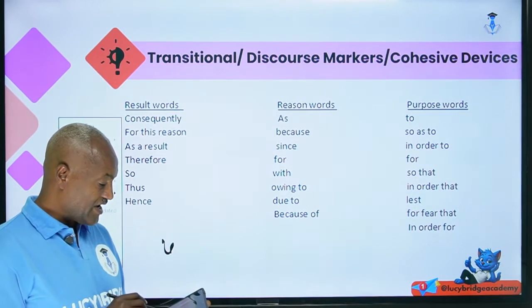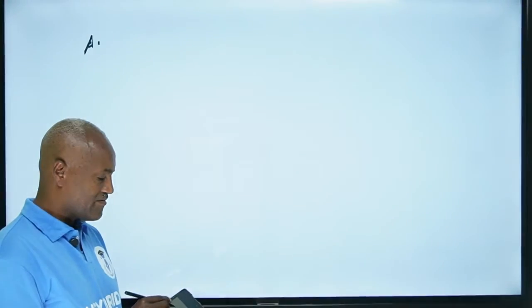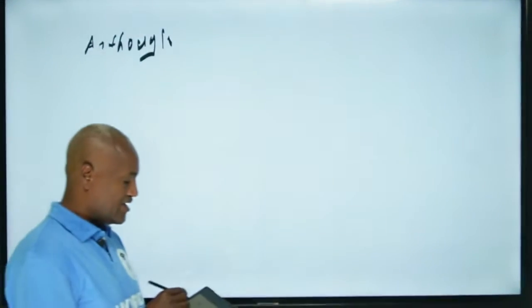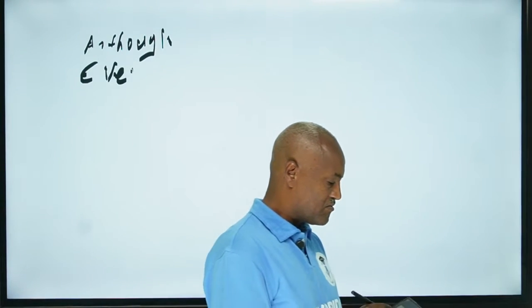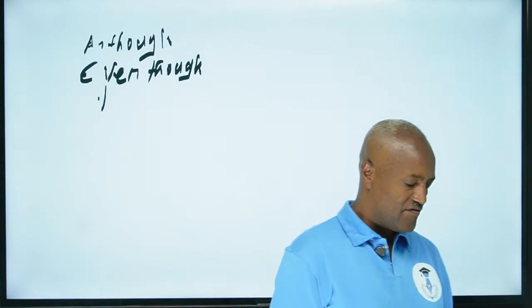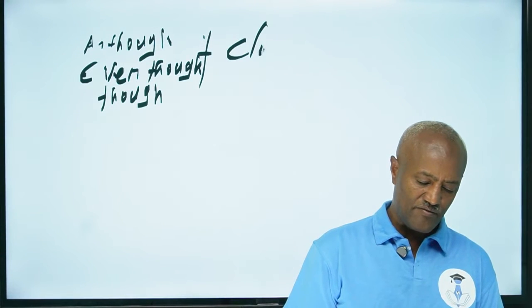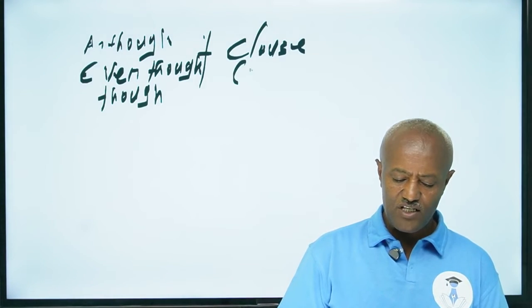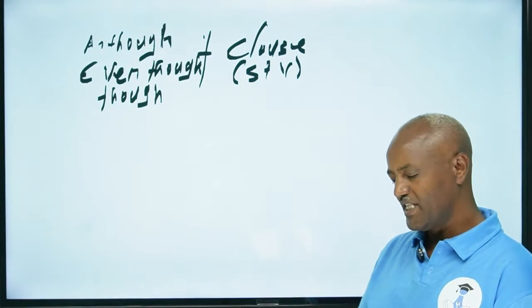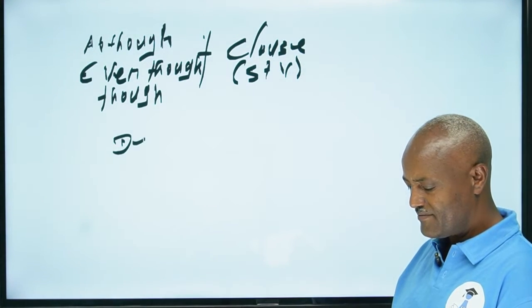Let's see, I can give you this. Let's see, although, even though, I can give you this example. They are followed by a clause. One important point is this one: when we say clause, we mean subject plus verb. And then, not only this one, which is parallel to this one is despite,